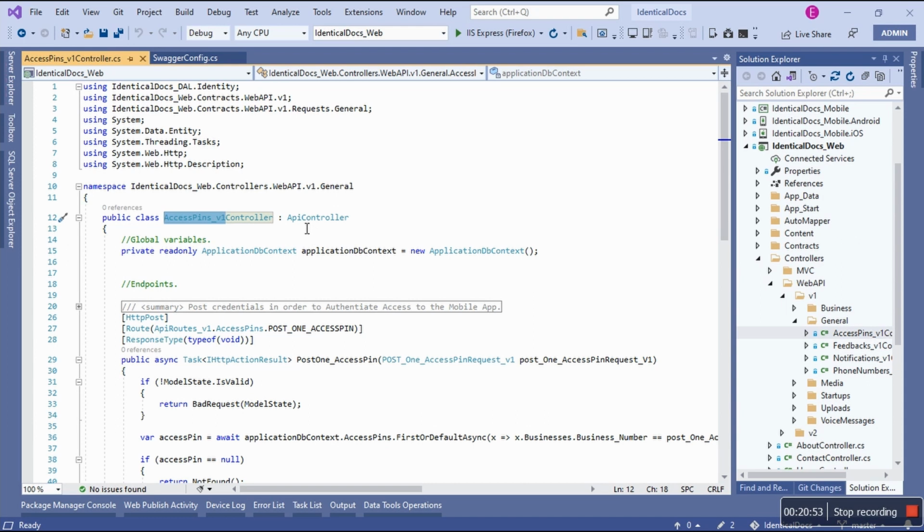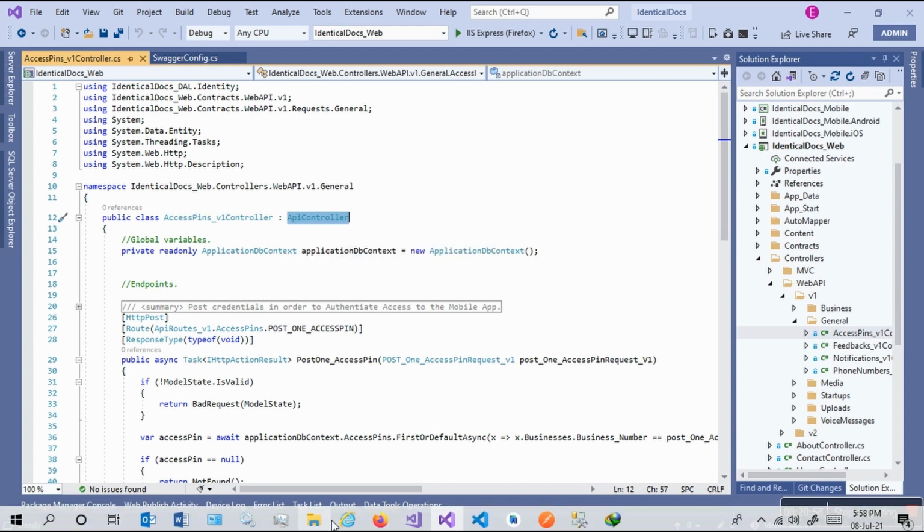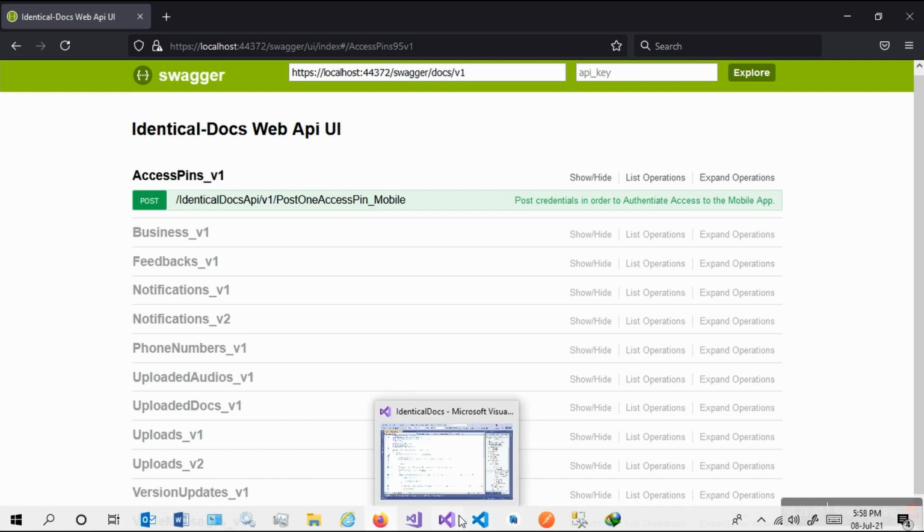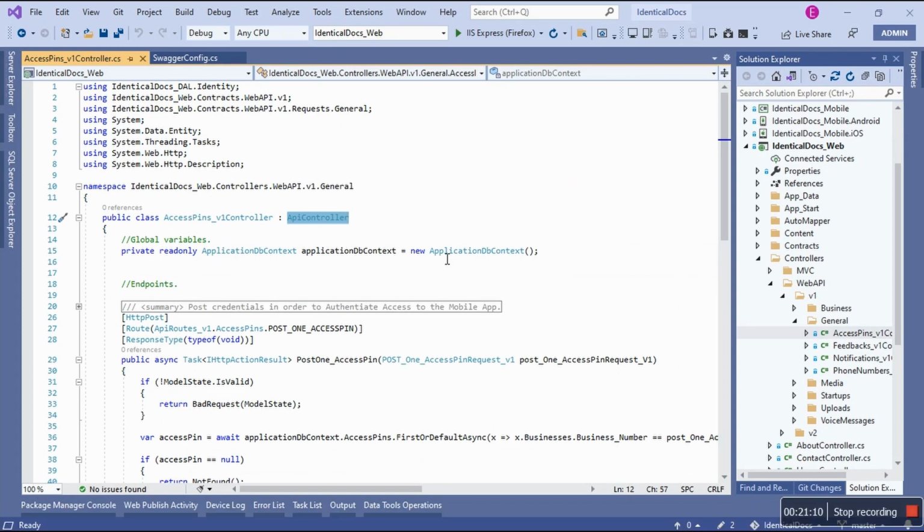The most important thing is the inheritance. It inherits from API controller. Only then will Swagger know that, okay, it's meant to be part of the Swagger family. So we're going to document this controller. I'm only going to do this one because I need to cover the .NET Core version. So basically, leave this, it's unnecessary. What's necessary